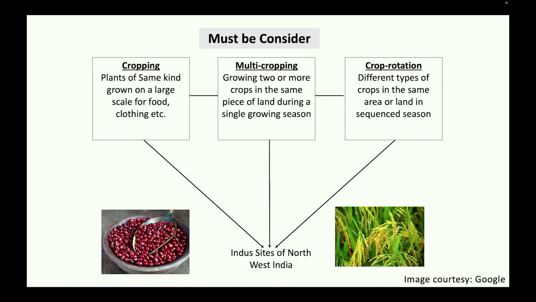If we are talking about multi-cropping, it is the technique of planting multiple crops on the same land within a single year. This approach optimized land usage and boosted overall productivity, while also mitigating the risk of losing the entire yield. And these practices continue in the modern period. They are always followed by Indians.